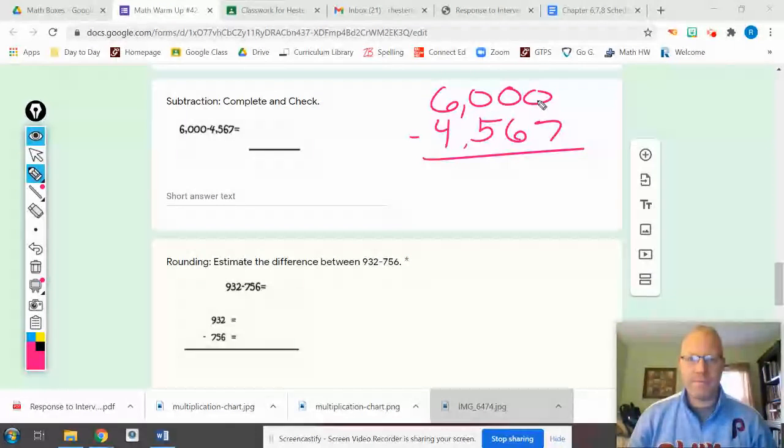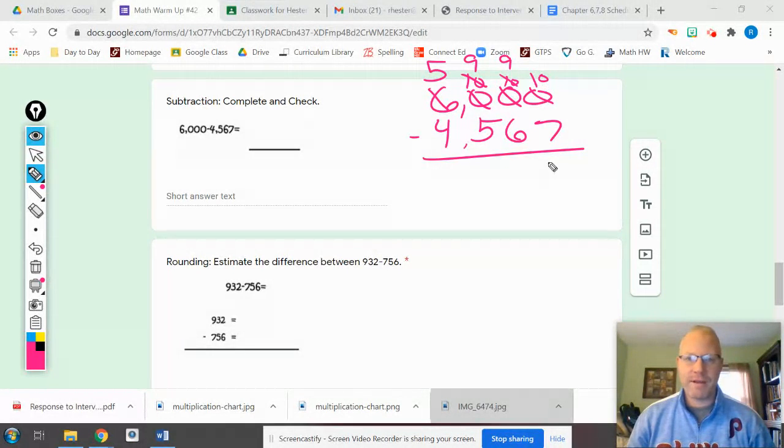Here we have 0 minus 7, which you cannot do, so you have to borrow, but you can't borrow from the 0, and you can't borrow from the 0, so you have to borrow from the 6. 6 becomes a 5, 0 becomes a 10, borrow from that, 10 becomes a 9. 0 becomes a 10, borrow from that, 10 becomes a 9. 0 becomes a 10, now you can subtract. 10 minus 7, 3, 9 minus 6, 3, 9 minus 5, 4,